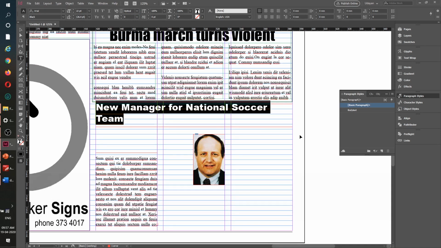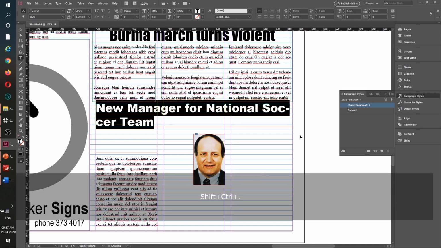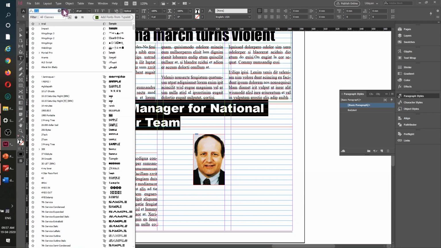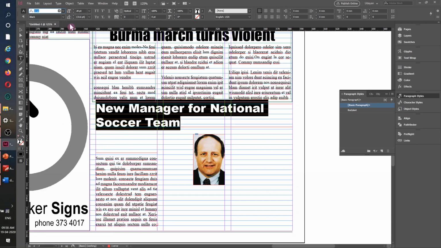Okay, now I can really make it a little bit bigger, but I think in this case Impact would be a better choice, or Arial family but different style. Okay, Arial family, but there are different styles in Arial. We can choose something which works better, like narrow bold.